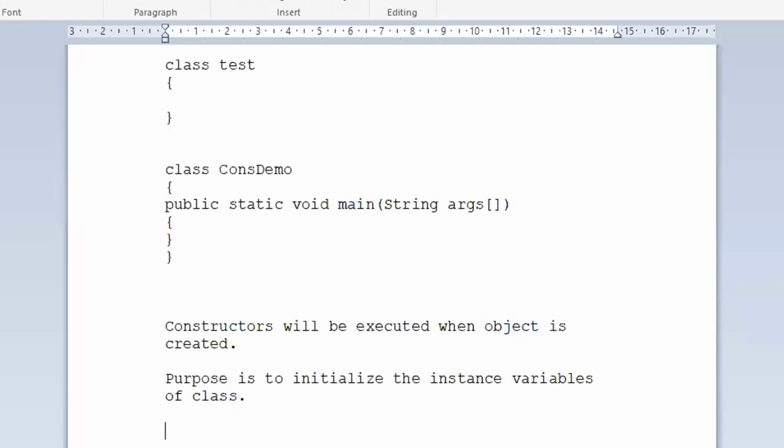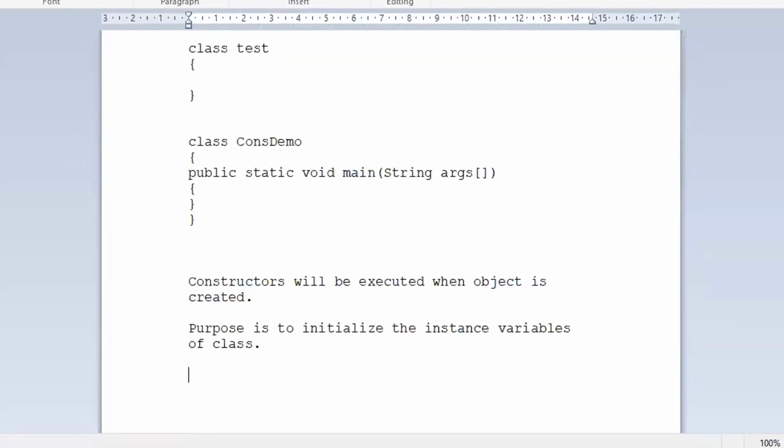So how to write a constructor? To write a constructor, you just specify a name similar to the class name, and use it like a method.